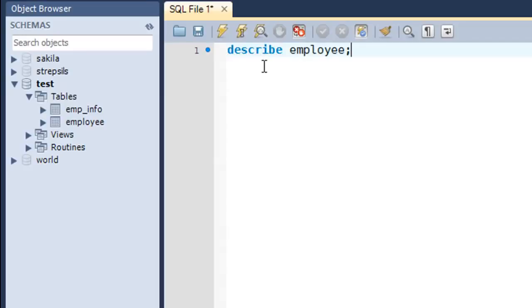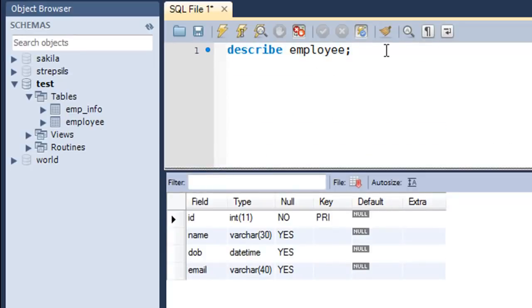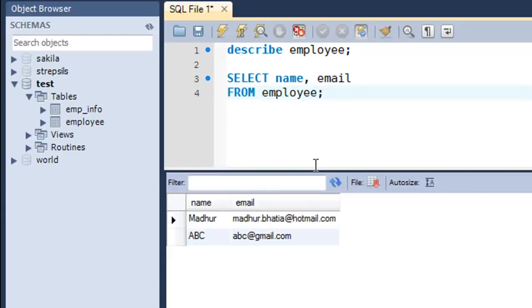Right, so we're familiar with this table, we've seen it quite a lot of times, and we know that it has the ID field, the name field, the date of birth field, and the email field, right? And it also should be having some data in it, and we're going to pull that data out using the select query. So I'll type in SELECT, and then the names of the columns that I want to see. So let me pull out data from the name field and the email field. On the next line I'll type in the from keyword and then the name of the table, which is employee. Put a semicolon at the end to terminate the statement, and when I press Control Enter,